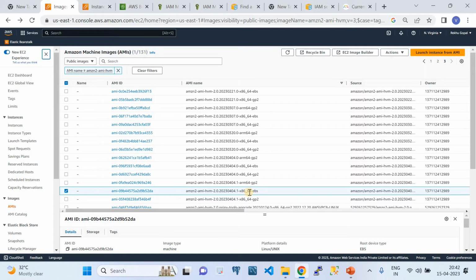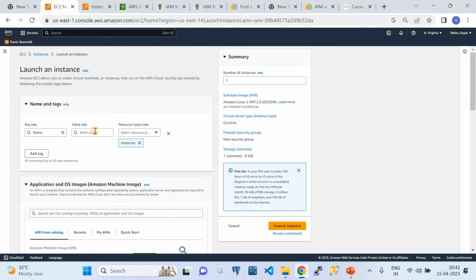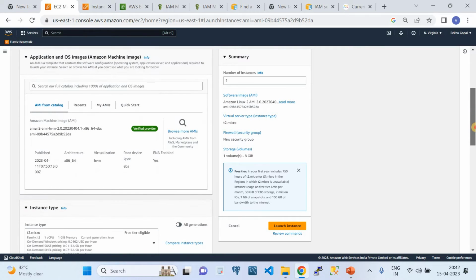I'm choosing the x86-64 image. I'm going to go ahead and click on the launch EC2 instance button. Once it is launched, you're going to provide the required data to spin up an EC2 instance. Say here, EC2 backup. I'm just giving some random name. And then down the line, you're going to choose the other properties of your EC2 instance, right? So this is the image which we have chosen earlier, and that is being